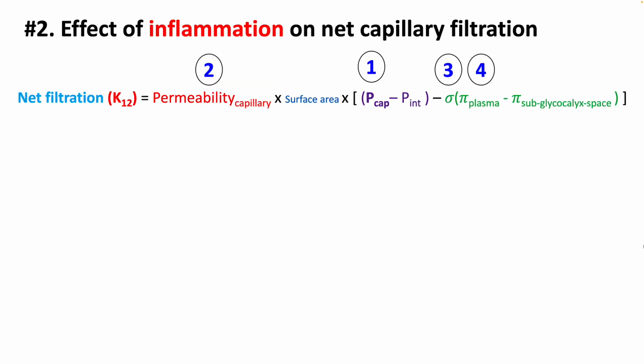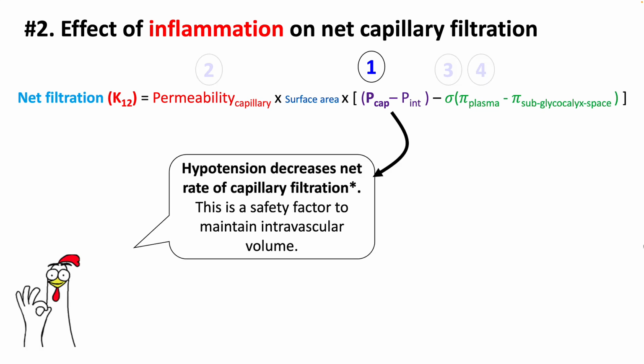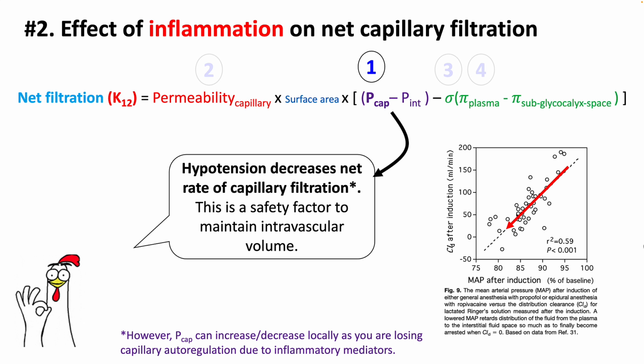Let's look at the effect of inflammation on net capillary filtration. And this is your modified Starling equation. All the 4 factors are affected by inflammation. Your hydrostatic pressure gradient, which is governed by your capillary pressure, can drop in case of hypotension, and that can reduce the amount of net filtration. In the previous lecture, we looked at this graph where reduction in mean arterial pressure decreases the clearance from the capillaries. However, understand that P capillary can sometimes increase locally as you are losing capillary autoregulation due to the